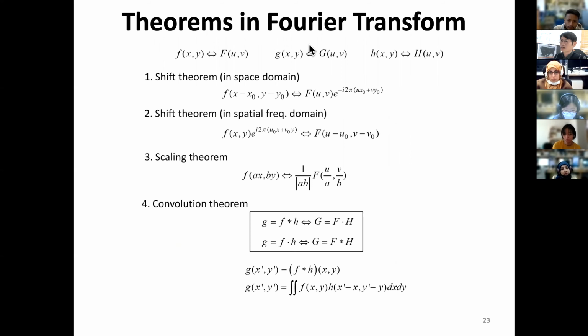So the theorems I put back are the shift theorem in the space domain and spatial frequency domain. And this one is described as this, and for the scaling theorem, you can generalize the scaling onto the X and Y directions with different factors, and you can see it this way. And now,